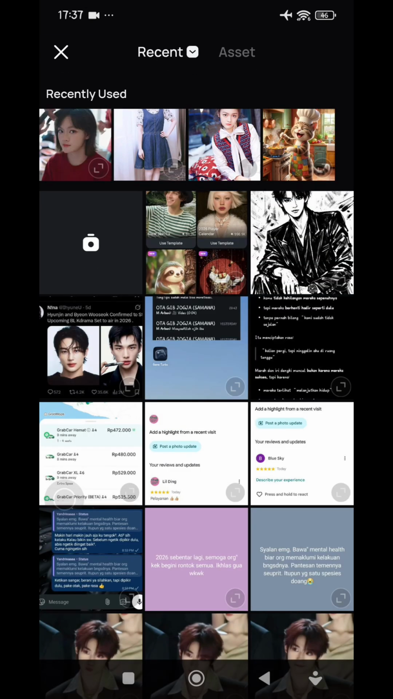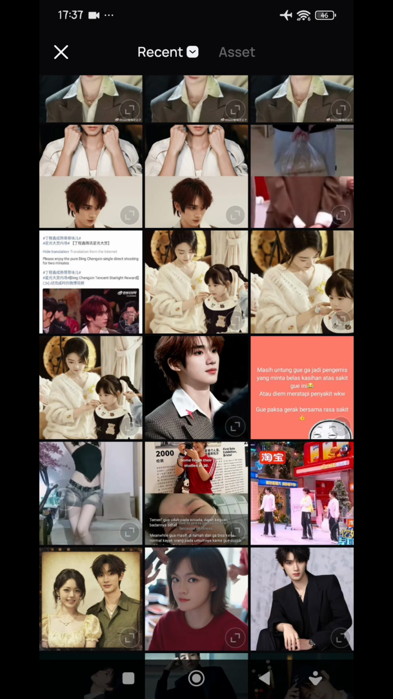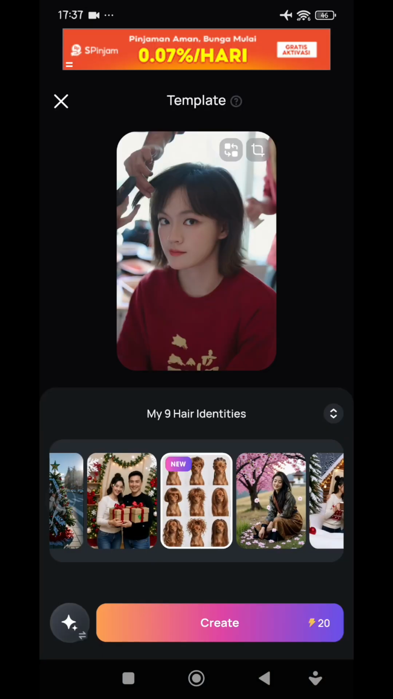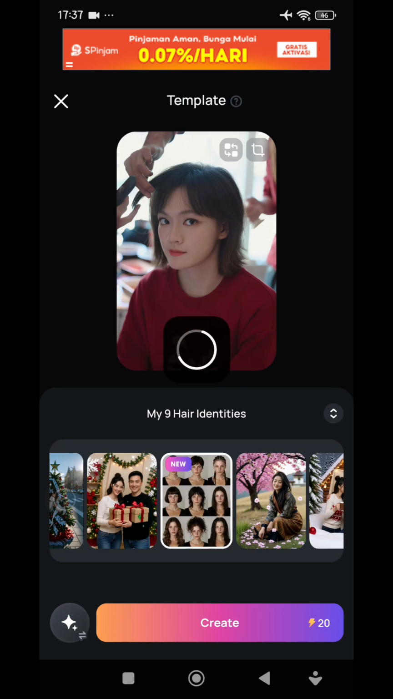This template is designed to transform one photo into a 9 photo grid with different hairstyles. Next, just choose the photo that you want to use. For the best result, just use a clear portrait photo with good lighting and your face facing forward like this. And then when you're done uploading the photo, just simply tap on create